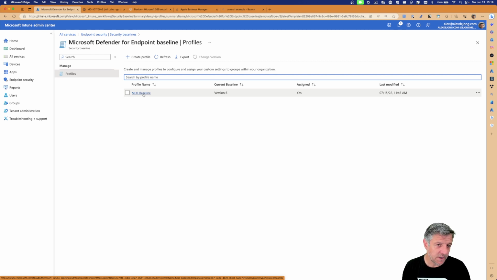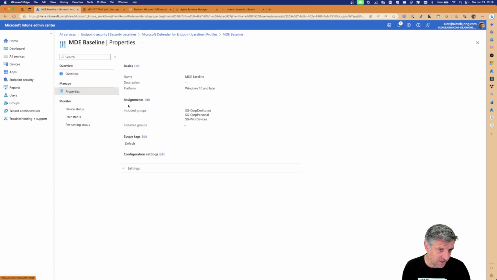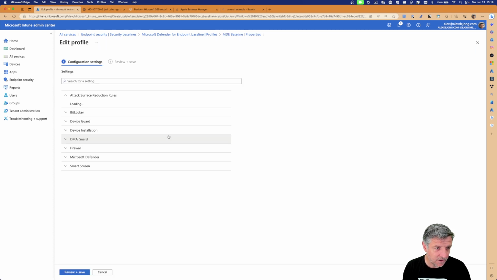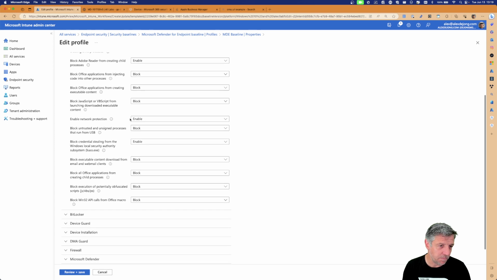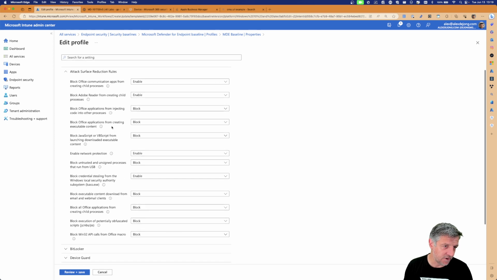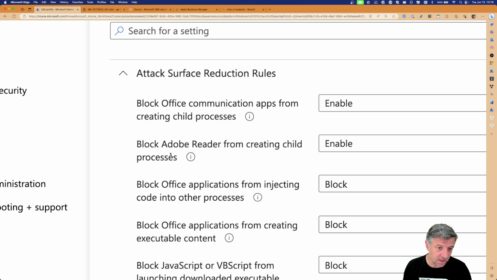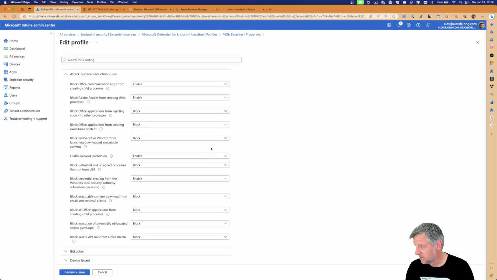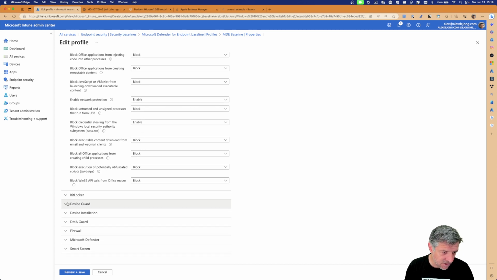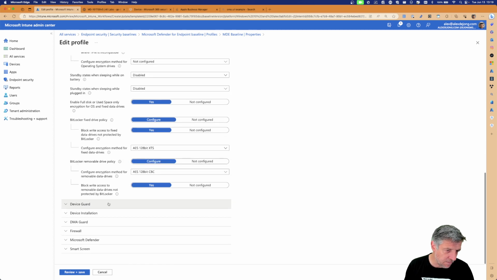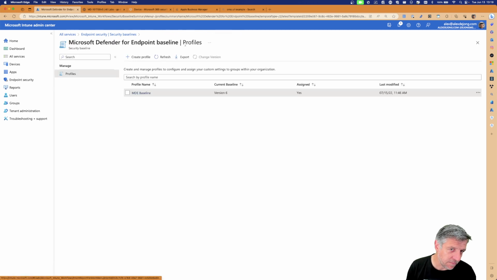And then we can take the settings in there. We can check out the properties here. And here we have a lot of settings that have been pre-populated for us. For example, including block Adobe Reader from creating child processes. So with that, we have actually a nice way to also implement security without having to think about what each